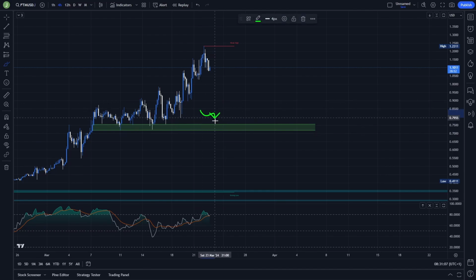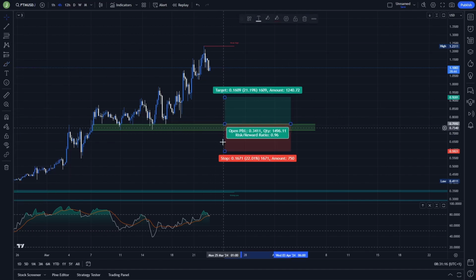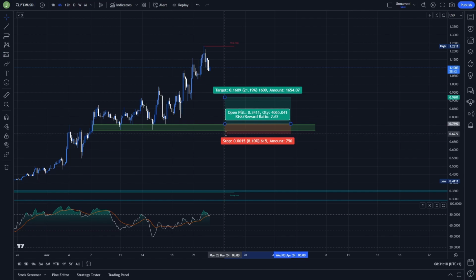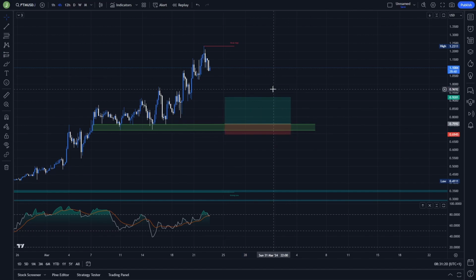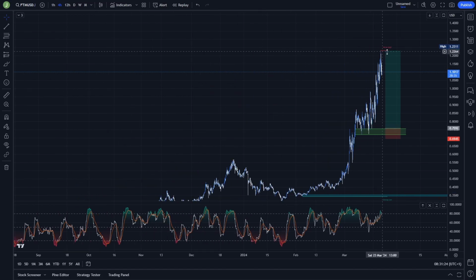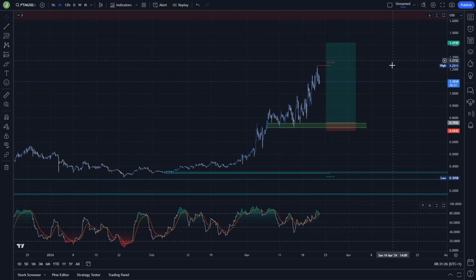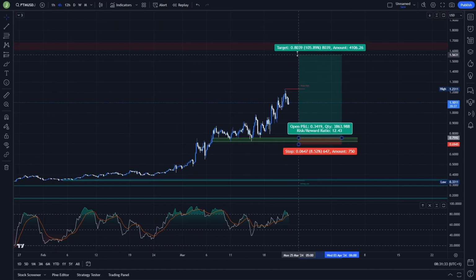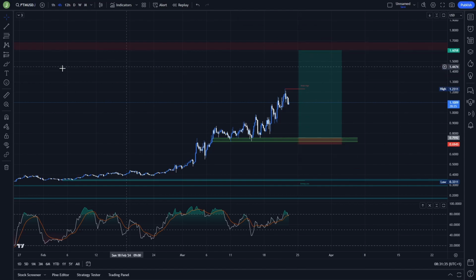So once there is a breakdown and then a pullback up again and then support confirmation, this can be, in my opinion, a perfect opportunity to open a long trade here. Stop loss in this case you can place just under the low that we will create during the fake out, and as your last take profit target you can, for example, aim for the current high, or you can aim for higher levels. And I think that the main take profit targets can be under this bearish order block,